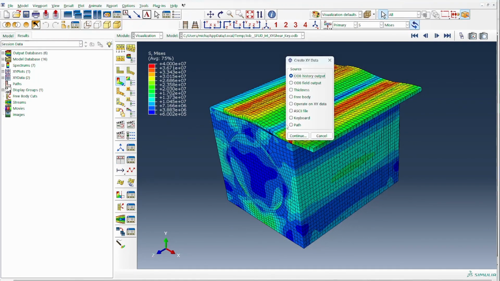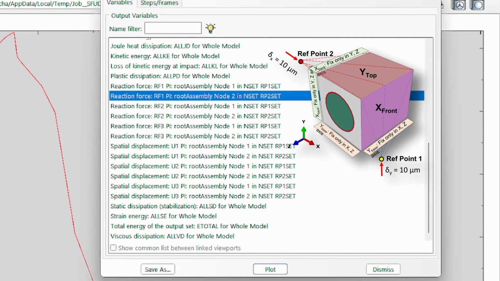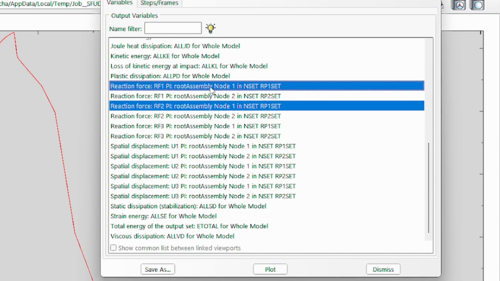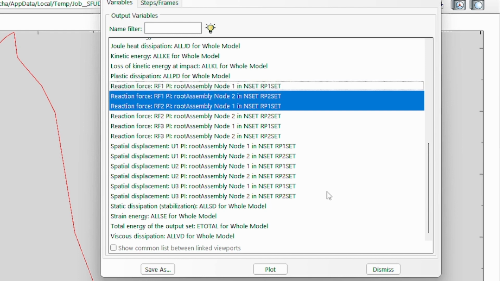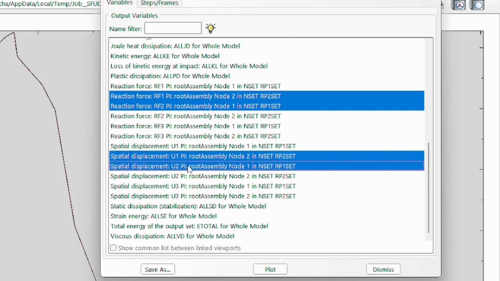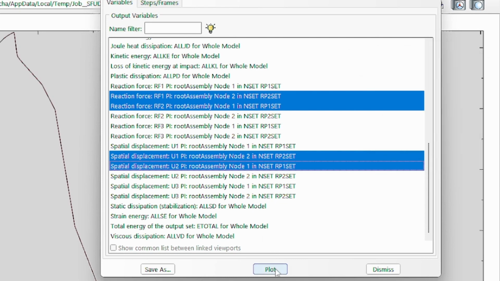So we go back here and then look at the history output. For this, there are two variables that we want to look at: the reaction force of reference point 1 in the y-axis, and the reaction force in the x-axis of reference point 2. And then we are going to do reference point 1, the displacement in that direction and the displacement in those two directions. So what we'll have will be the reaction force in the x direction of reference point 2, the reaction in the y direction of reference point 1, and then their corresponding displacement, and then we plot it,